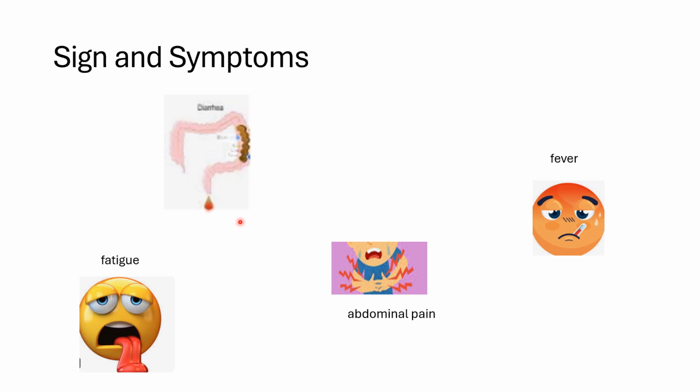And another most important sign or complication that your patient comes and complains about is the changing of the bowel movement and the form of the stool. The number of times that they have a bowel movement increases, and the stool will be loose. It will be like diarrhea. And also, it's important in ulcerative colitis, the patient comes and says they have bloody diarrhea.